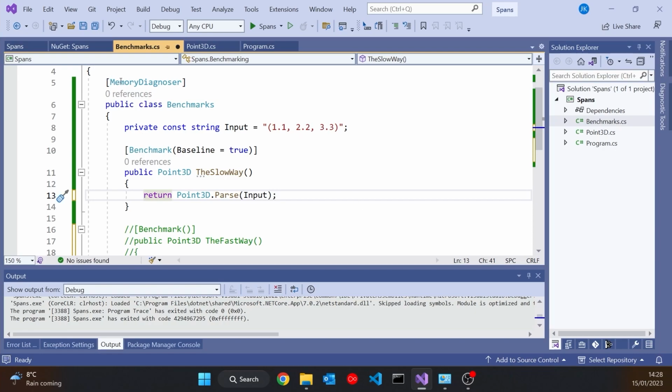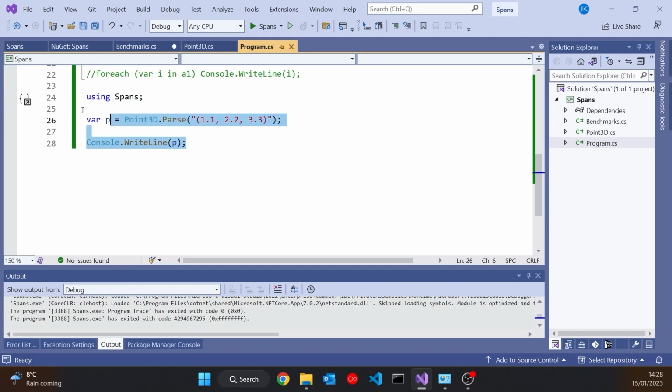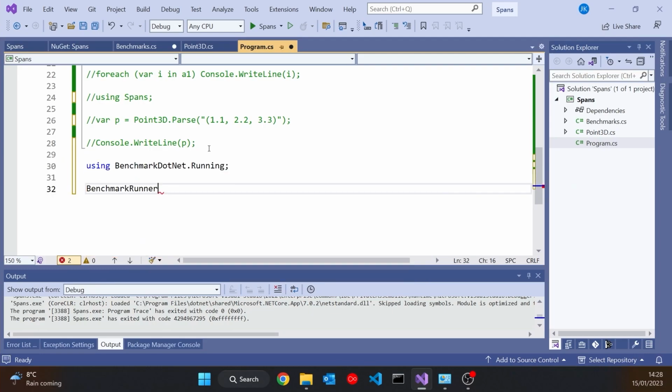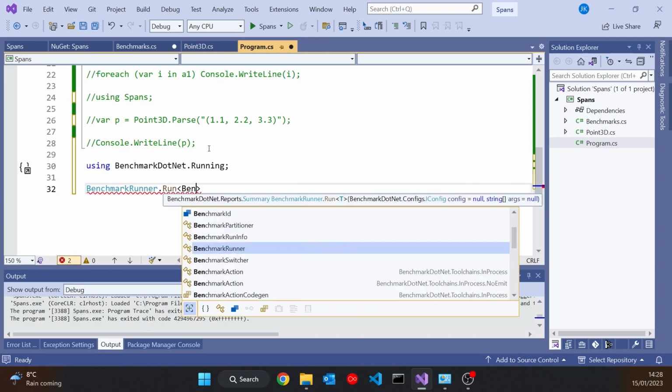You'll notice I've also put in the memory diagnoser. That means the benchmark will give me some additional information about memory usage. And then back in the program, all I need to do is say benchmark runner dot run, and then the class that I've got the benchmarks in, which I've just called benchmarks.